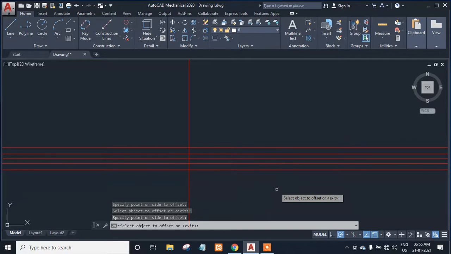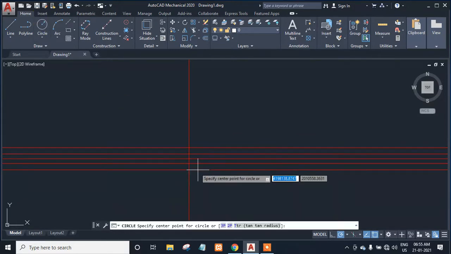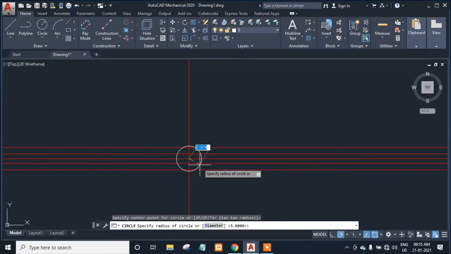So we drew the construction line and now we'll draw the circle. Okay, first circle will take the radius of 0.5 mm. Just press the skip command, click on the circle command and take from the midpoint here 0.5 mm.